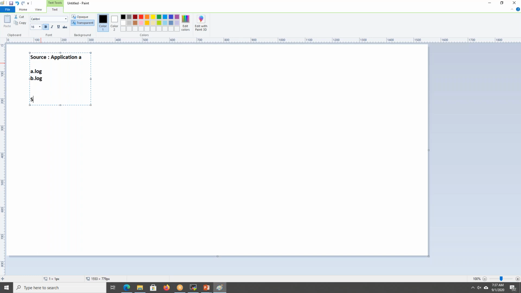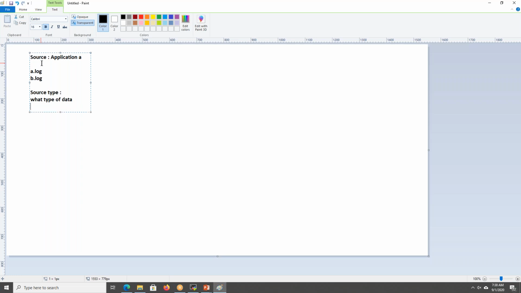There is one more thing called source type. Basically these are all metadata. What type of data are we ingesting into Splunk? Source type is what type of data it is.